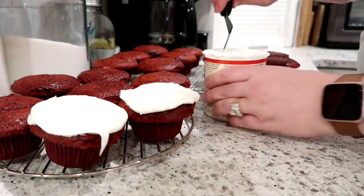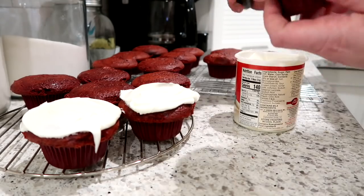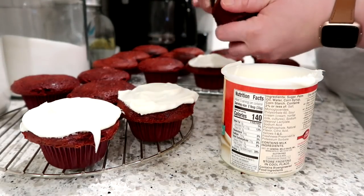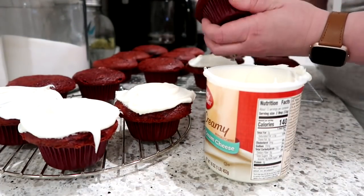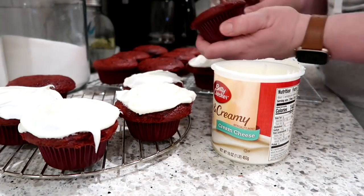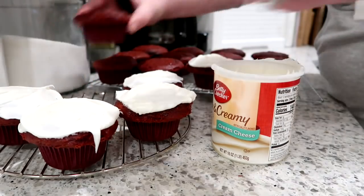My kids love these. So these were red velvet flavor, obviously. And I did have a can of cream cheese frosting in the pantry as well. One thing that you want to keep in mind for canned frosting is to stir it really, really well before you frost your cupcakes. Otherwise, the frosting won't be as smooth,